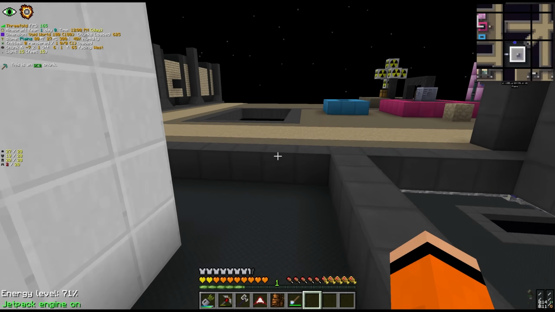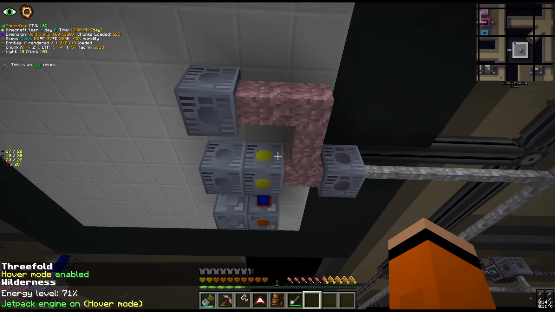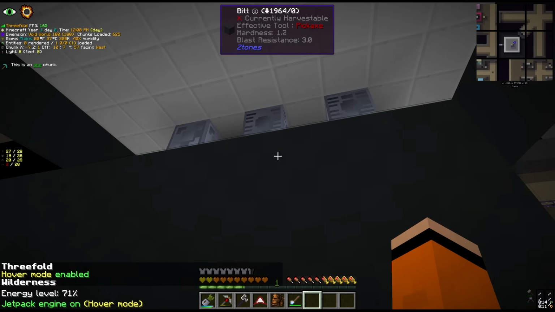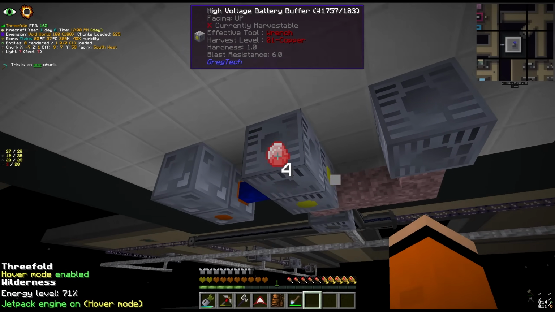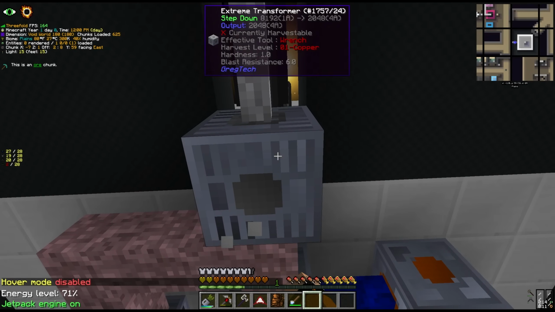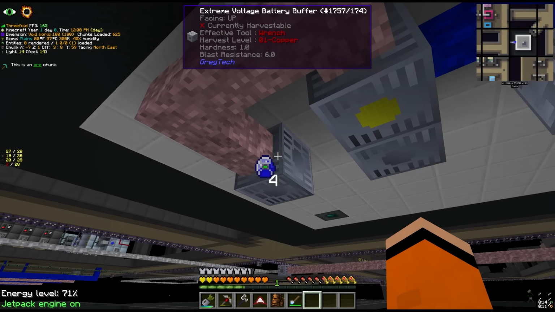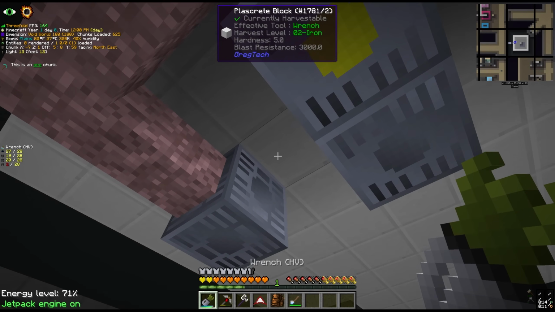But we'll start outside with the power situation, so I did manage to fix this up actually. I'm quite pleased with the way this turned out. So we do have 3 tiers of power going in here. We have MV, HV and EV power going inside the clean room. So we're taking from our main platinum cable here, which is IV, transforming down to EV, and then this is on pink. The EV is buffered into this battery buffer, and right above this battery buffer, I don't really want